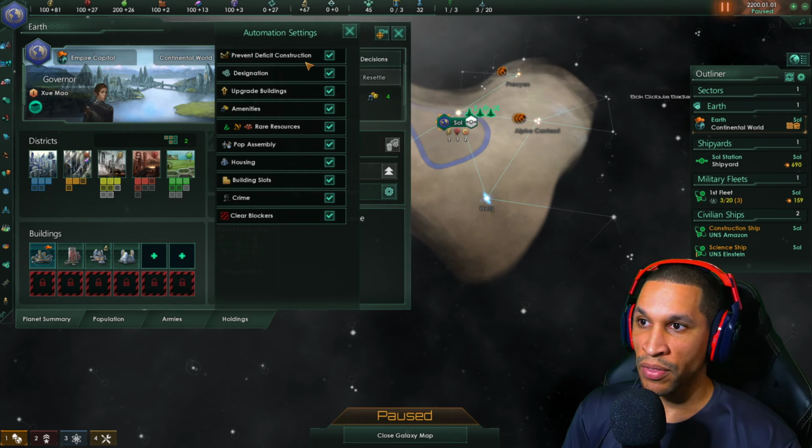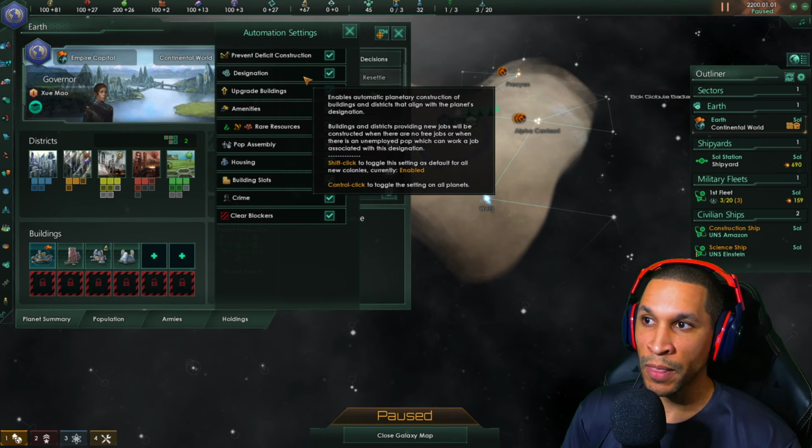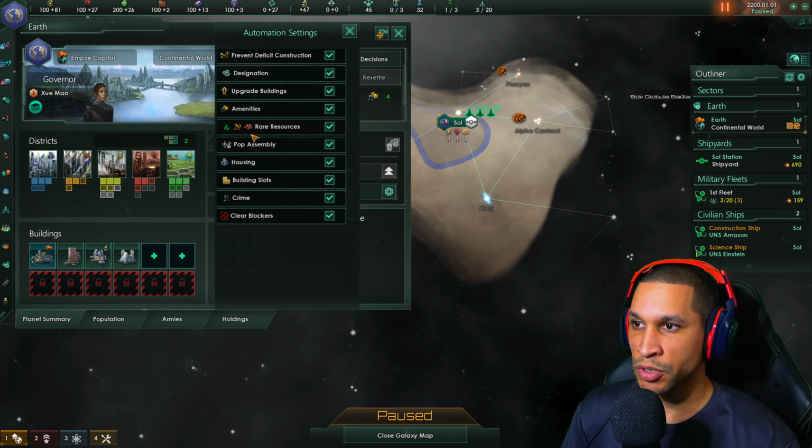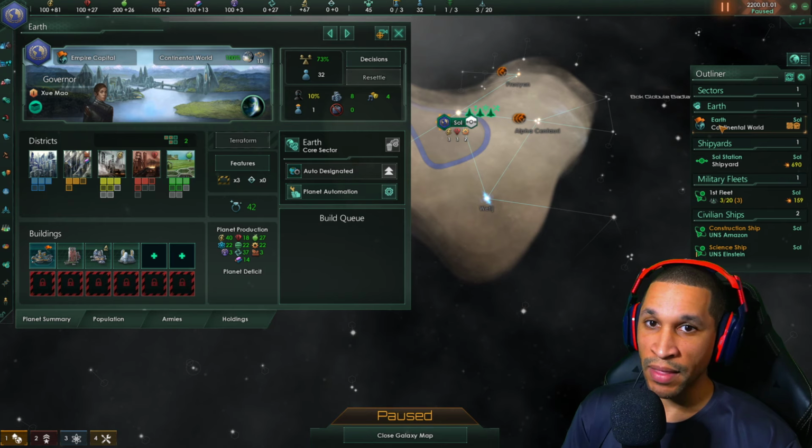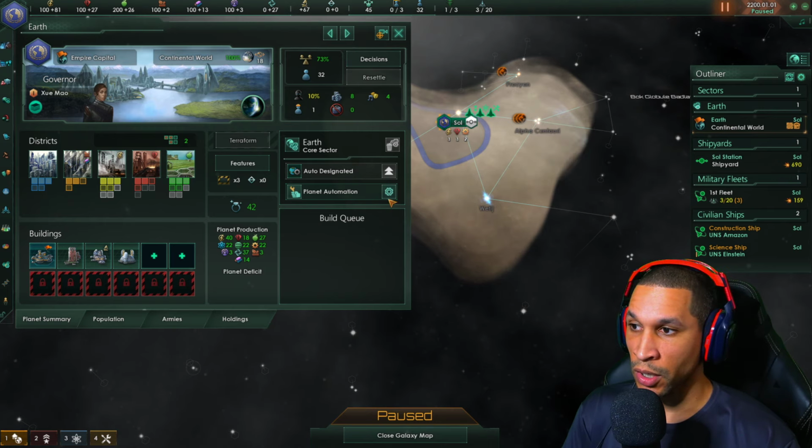And these are all the things you can click on. And so if you want to automatically upgrade your buildings, you can do that there. If not, you can just click on it there, and that applies to all these other options as well. All right, so now that we're still on this outliner sector here with the Earth button, we're gonna go to